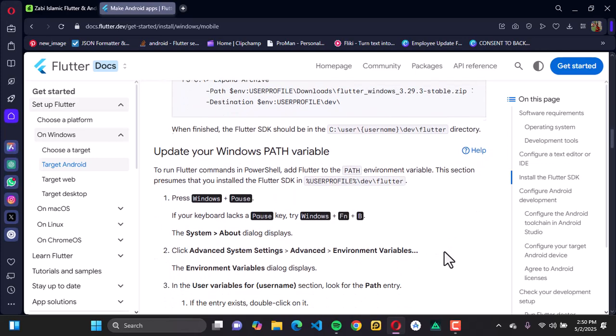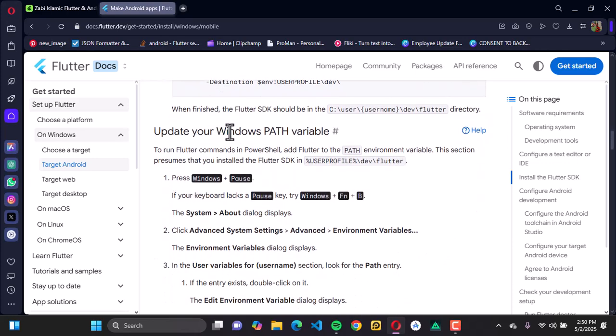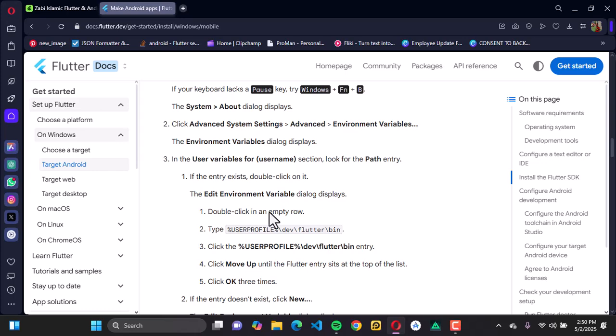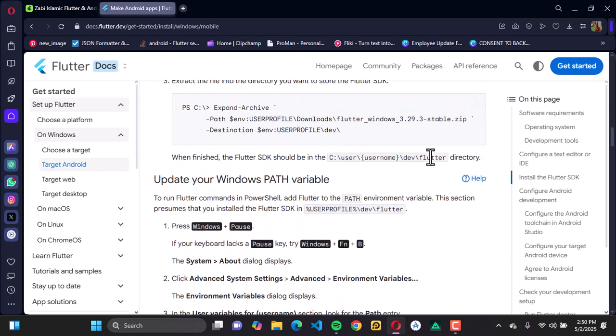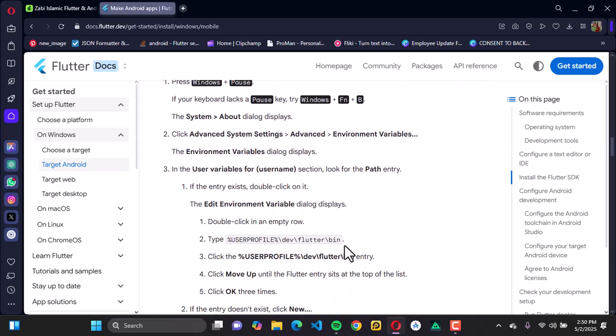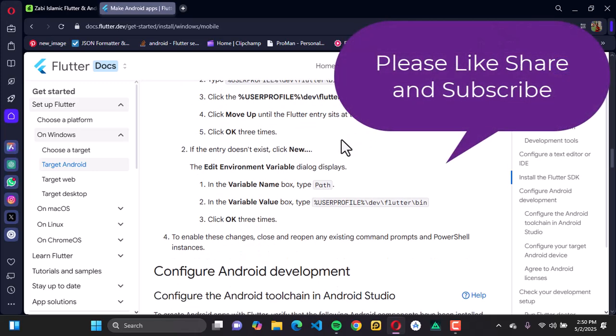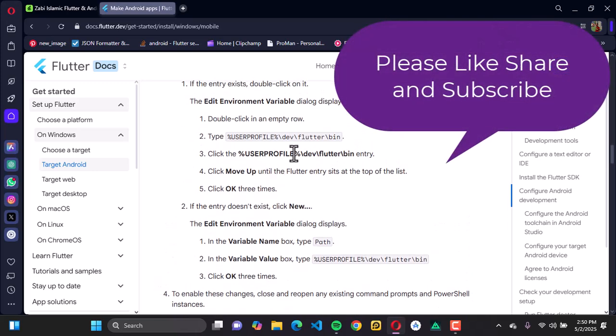Once you're done with that, you need to update your Windows path variable. You just want to go to System, go to About, and find your environment variables. Then go to this location, go deeper into Flutter, and you're going to see a bin folder. Copy the path of that bin directory just the way it is, and paste it in your